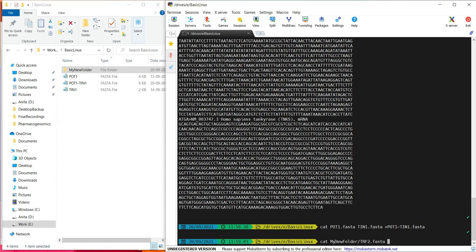Say I want to append the content of trf2 in the file which has the content of both the pot1 and pot2 file. So for this, I will just open this file in append mode. This greater than symbol tells the command prompt to append whatever is in trf2 file in a file which is already there in the end.